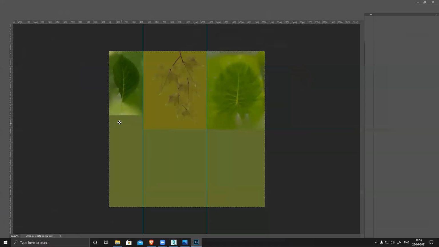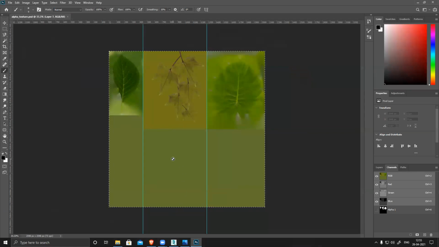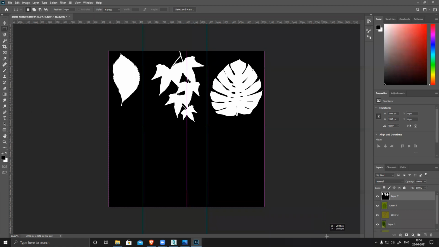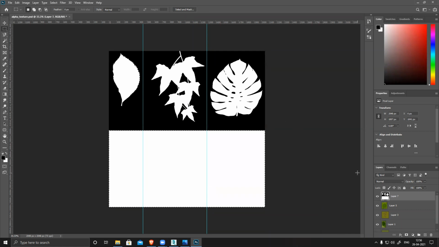So for a few things, I need to plan that flower, that pot and the stem. Those things should be opaque. That means this base should be opaque. Fill white.